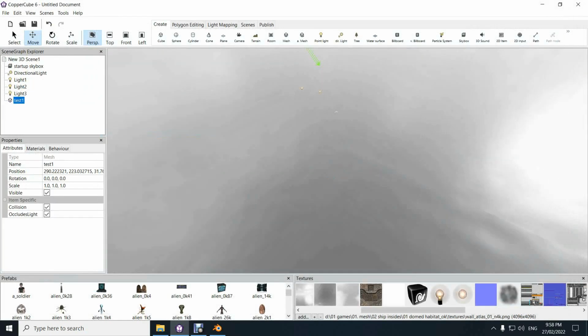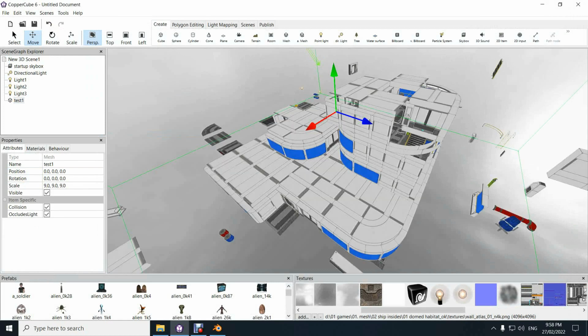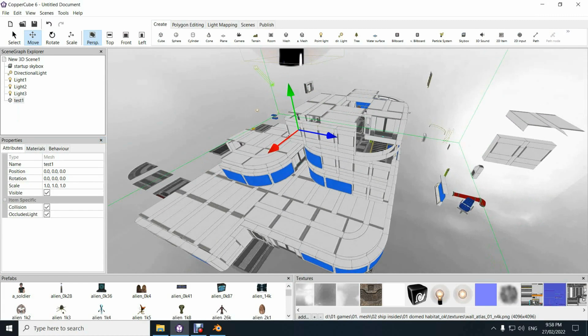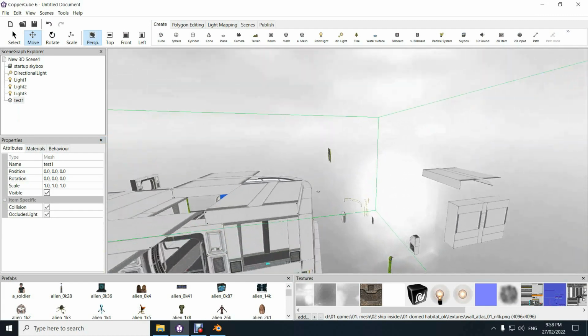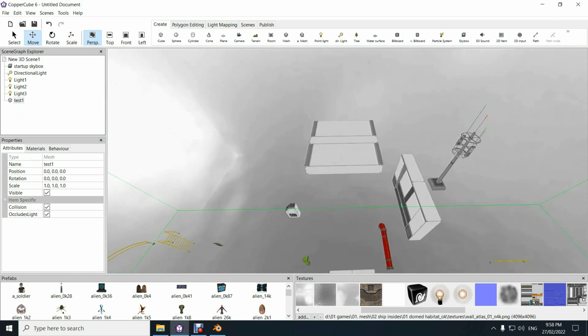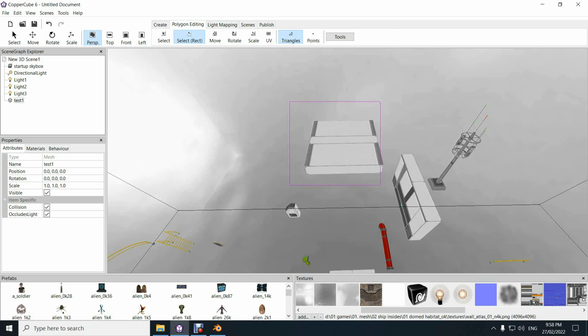I always center the pivot point. Let's just religiously always do that, and the scales, and freeze it. So now if I was to grab an asset out, like say for example this block, so I want to create a separate thing so I can use it by itself,